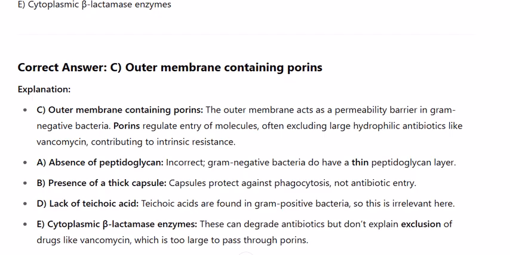E. Cytoplasmic beta-lactamase enzymes. These can degrade antibiotics but don't explain exclusion of drugs like vancomycin, which is too large to pass through porins. Would you like a diagram or table summarizing gram-negative